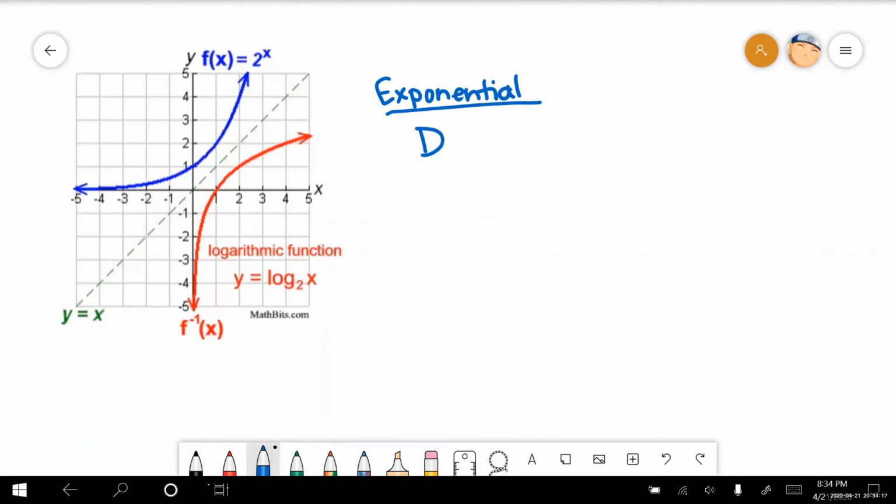And let's check out domain and range. We've already gone over this, but just as a recap, and to emphasize that they are inverses of each other, we've got the domain of the exponential, and again, that's our x values, right? And if we look carefully at this graph, and another reason why I like this graph is it's really clear